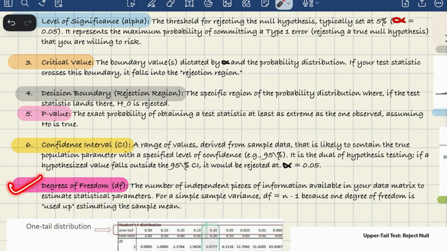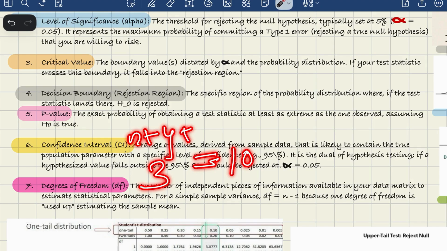Finally, degree of freedom is a concept you will see in almost every numerical table, like the t-test, or there is the chi-square test as well. It represents the number of independent pieces of information available in your data to estimate a parameter. Look at it this way: if you have three numbers that must add up to 10,